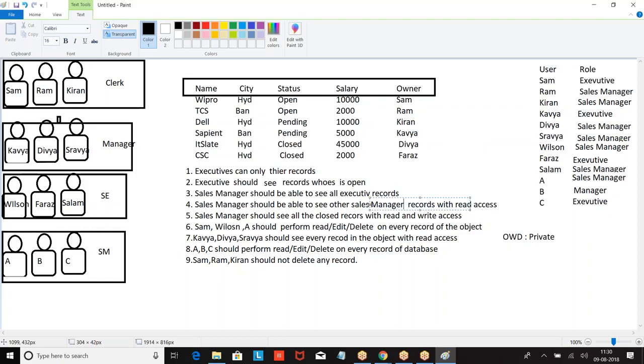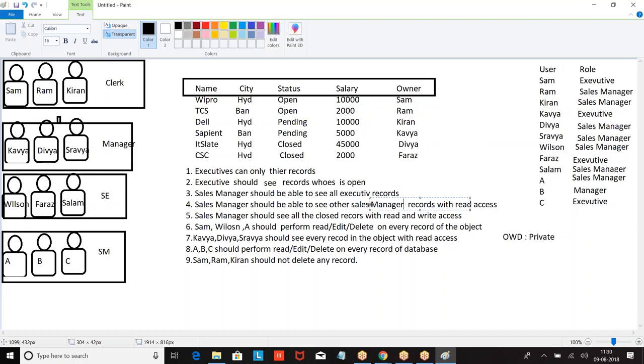Let us go to the next one. Sham, Wilson and A should perform read, edit, delete on every record of the object. Delete permission will not come with OWD, so obviously I have to go with modify all.